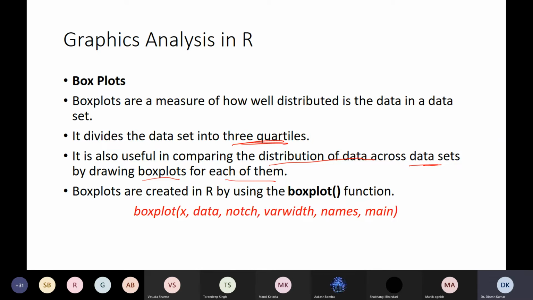And box plots are created in R by using the boxplot function, where we can pass different parameters: x, data, notch, varwidth, and names. So these are the various parameters that we will pass. Some of them we are familiar with because we have already seen them. So x is basically a vector or a formula. Data is your data frame. Notch is a logical variable. It is basically used to